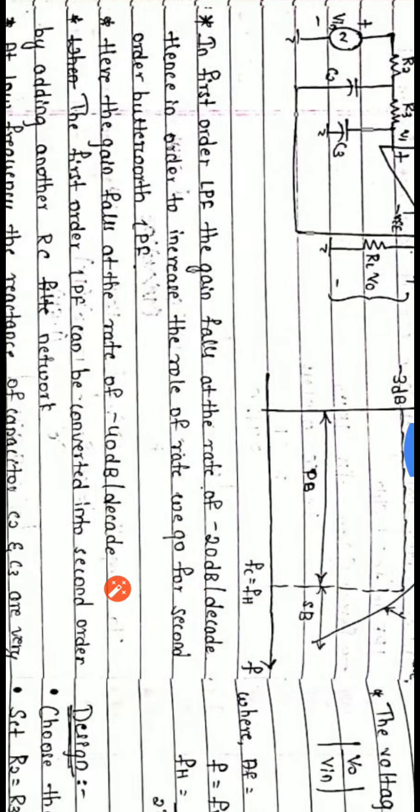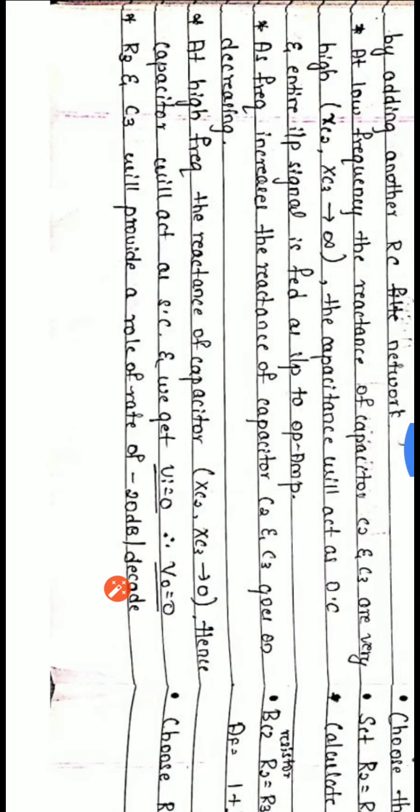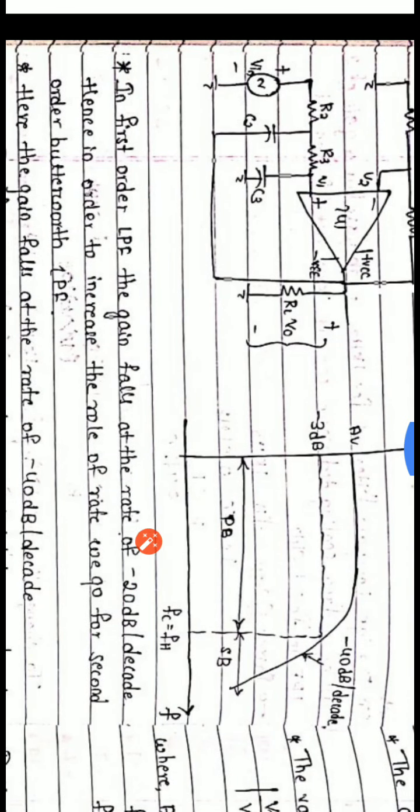Here the explanation remains the same. At low frequency, the reactance of the capacitors C2 and C3 is very high. When the frequency is high, the reactance is very low. Based on that, it allows the frequency components towards the output. And R1 and RF are used just to provide the gain of the op amp. Here we are using a non-inverting operational amplifier configuration. Therefore the gain is 1 plus RF by R1.